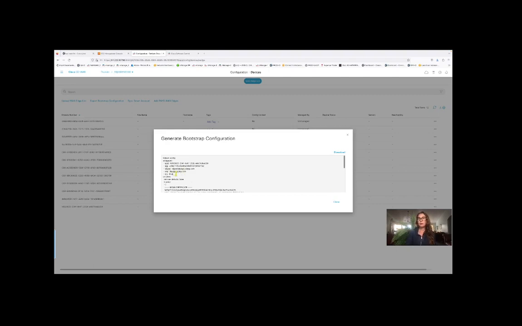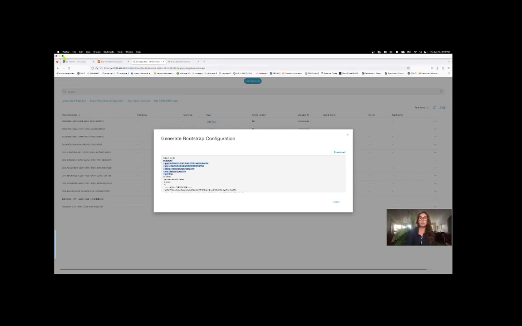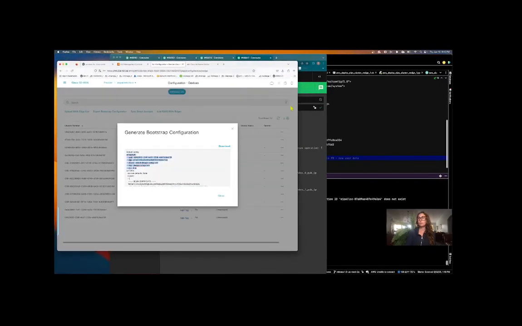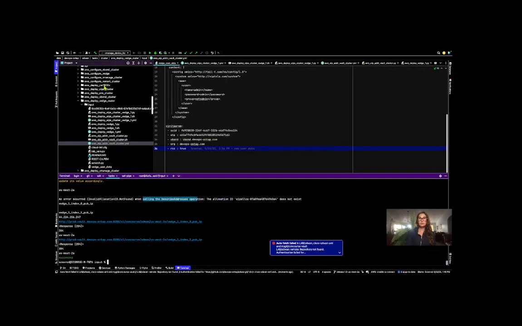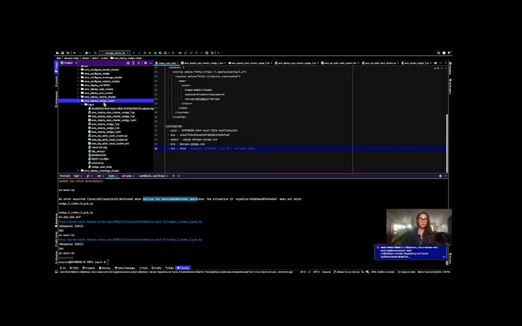And we're going to copy the part right here. You can see it has an OTP in there and it has our vBond correct. And what I'm going to do is copy it out and go over to my code, go into my AWS deploy vEdge router task that I'm working on, and take my vEdge user data file and just paste that into it. Okay, perfect. So you see now it generated for us an OTP and this UUID, which is our virtual chassis